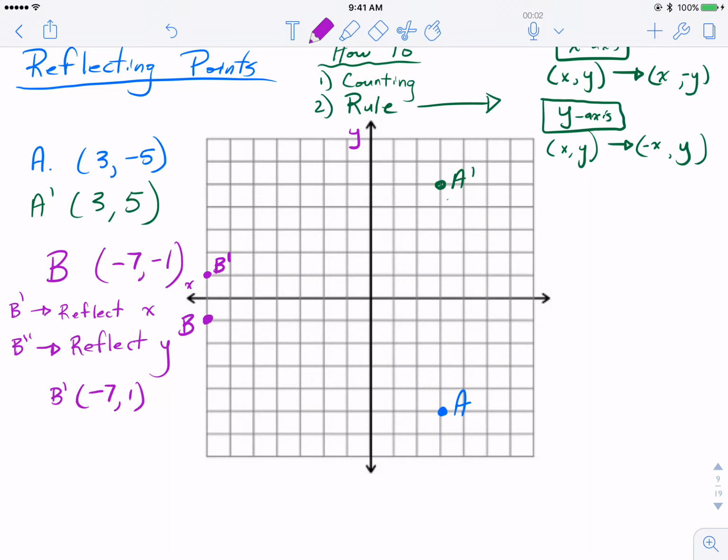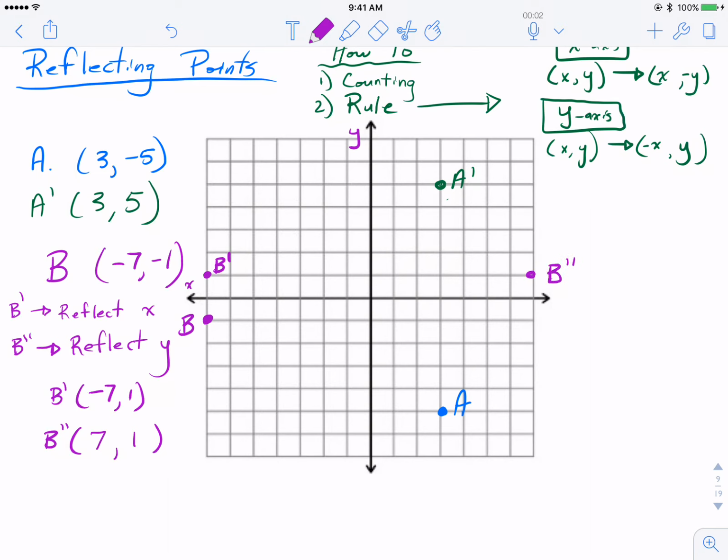Okay? And now we're going to reflect that over the y-axis. So once again, we could count, but it's going to be a little far away here. So let's try our quote-unquote formula approach. We're reflecting over y, which means we should negate the opposite coordinate. We're going to negate the x value, so instead of -7, it's going to become +7, and we're going to keep the 1 the same. Whatever you're reflecting over, you keep that particular coordinate the same, you negate the other one. Okay, so (7, 1). And B double prime would be